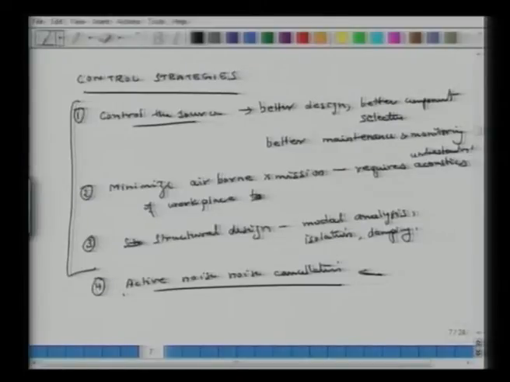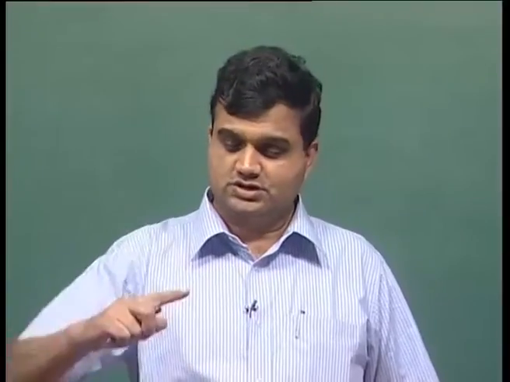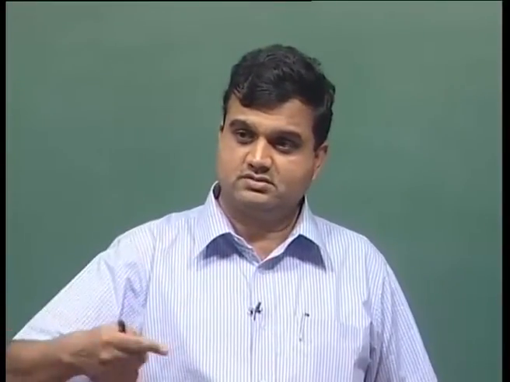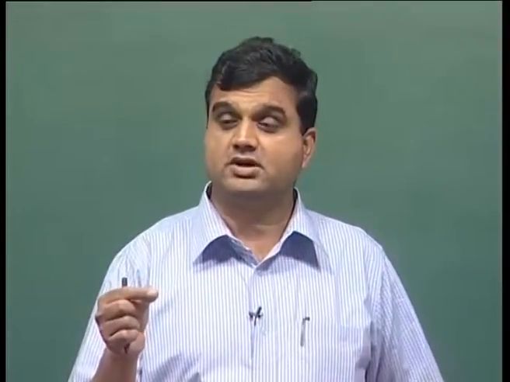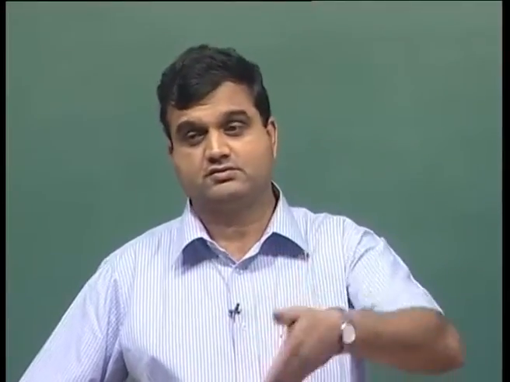So, for each of these, and actually most importantly for the source, we have to understand what kind of signatures different types of sources generate. For instance, if I have a shaft which is rotating at 60 hertz and it has a little bit of eccentricity, so instead of rotating just on axis, it will wobble a little bit. So, we have to understand what will be the frequency of sound it will generate. Obviously, it will generate 60 hertz because it is rotating at 60 hertz and it is wobbling.